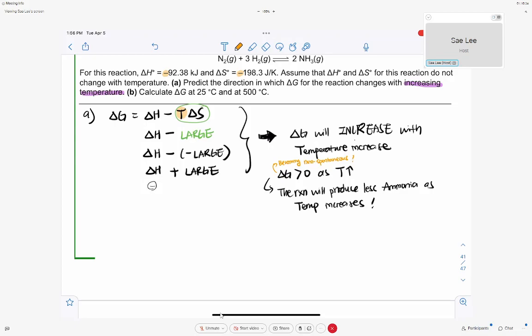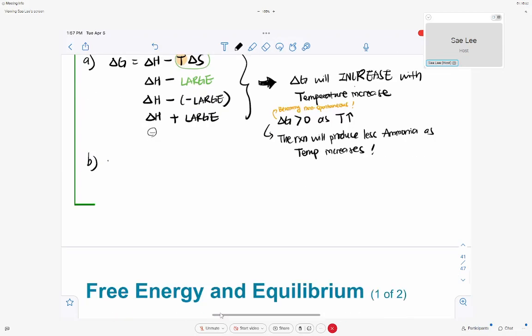So 25 degrees Celsius is basically 298 Kelvin. 500 degrees Celsius is basically 773 Kelvin. So at 298 Kelvin, the change in standard free energy is going to be